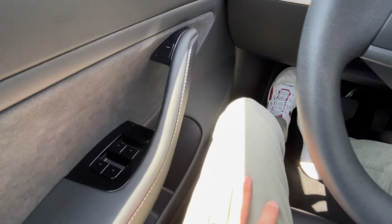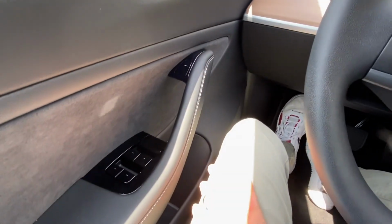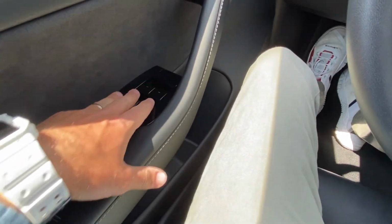Like an ID.4, you have it here. I really like the door handle. They just created the button. It looks really cool, really simple, and really modern, which I liked. I like how they put this